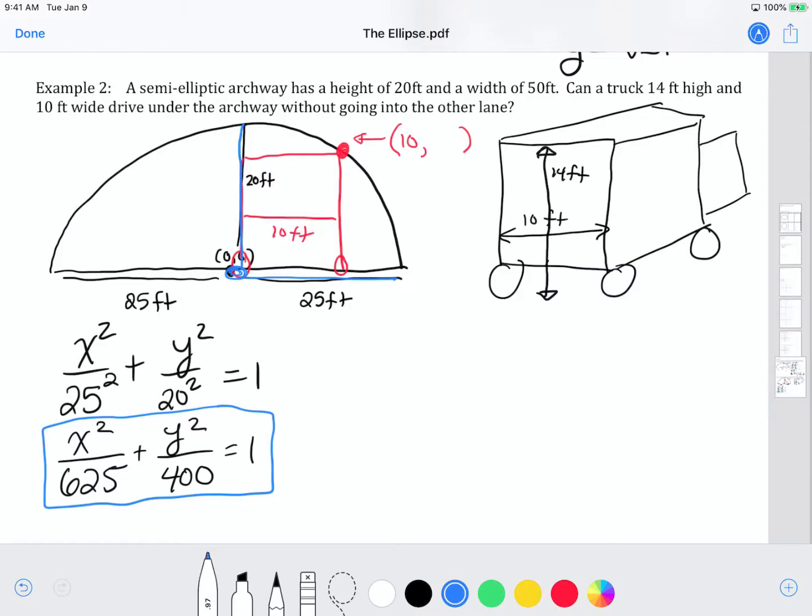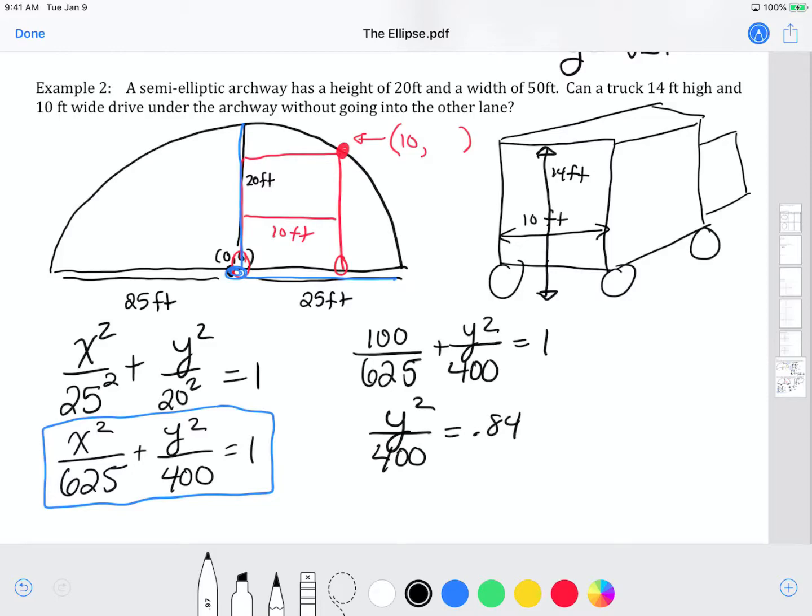So now what we have to do is plug in x is 10 to see what the height of the arch is at that point. So I'm going to plug in 10 for x. So I have 100, because that's 10 squared, over 625, plus y squared over 400 is equal to 1. Now I'm going to subtract: 1 minus 100 divided by 625 is going to give me 0.84. So I have y squared over 400 is equal to